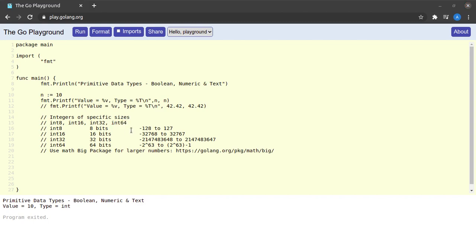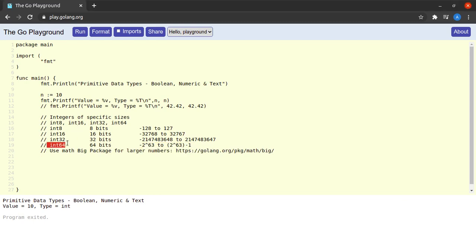Here we can also see the available range for each of these types, and the 8-bit integer ranges from -128 to 127. The 16-bit integer ranges from -32,768 to 32,767 and so on for the 32-bit as well as the 64-bit integer.